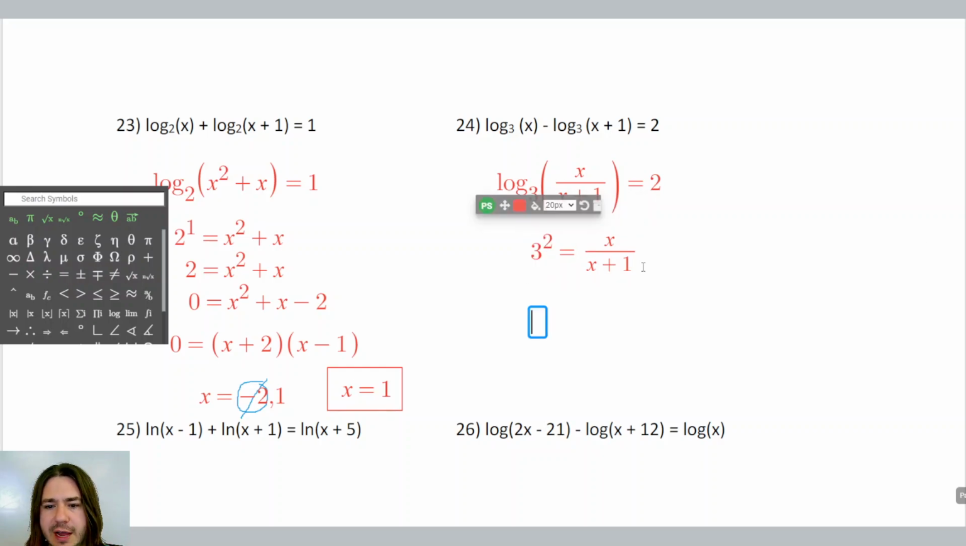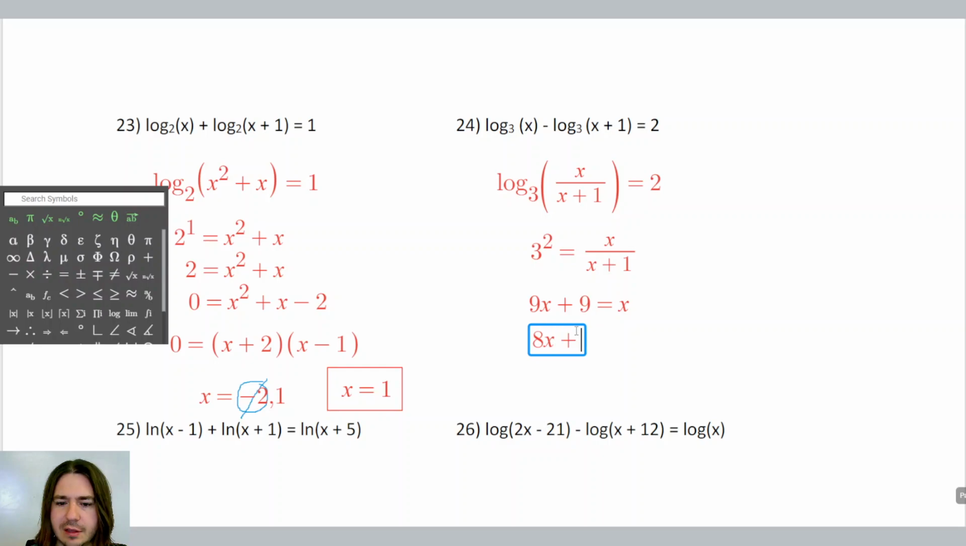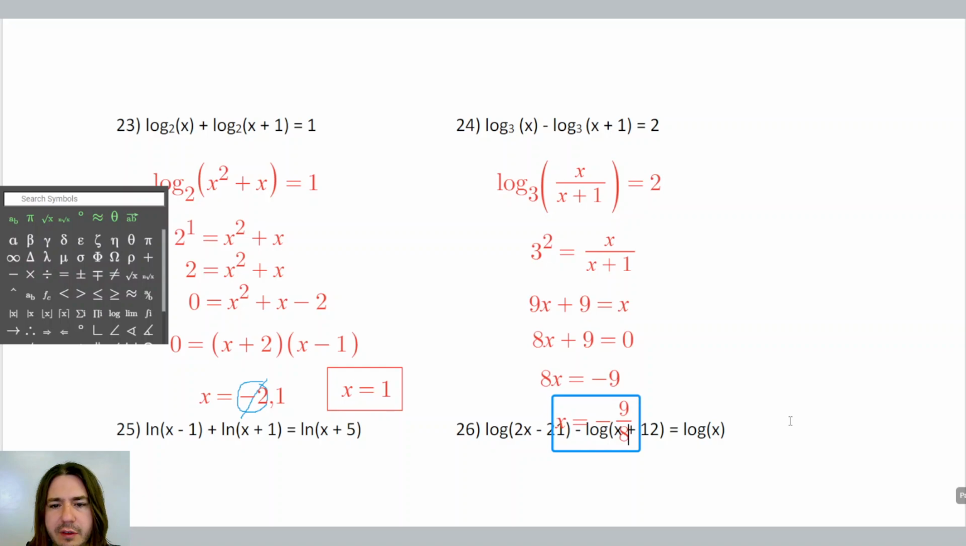And then if I multiply x plus 1 on both sides, I'm going to get 9x plus 9 equals x. From here, I can subtract x from both sides and get 8x plus 9 equals 0. Subtract 9 from both sides, and I get 8x equals negative 9. And then divide both sides. So here I get negative 9/8, which if I go back to my original equation,